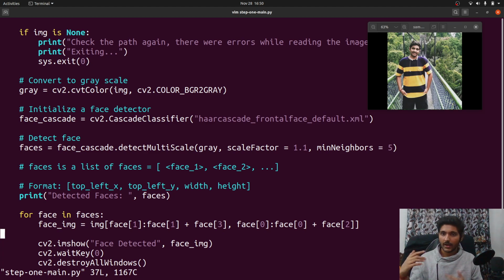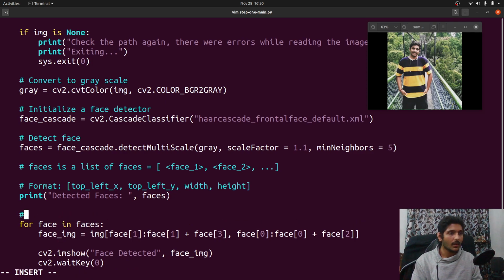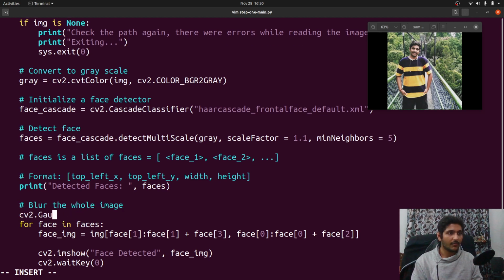Okay, so how do we go forward? Think about what I told you: let's blur the whole image, and whatever face we got, you just put it back. So what happens? Everything is blurred except the face. Let me show you how it happens. Let's blur the whole image here and perform a Gaussian blur. You can do any blurring, whatever suits you. Let's blur the whole image, and for the kernel size let's take 13,13 so that the difference is actually visible. 13,13 is the kernel size which the GaussianBlur function uses.